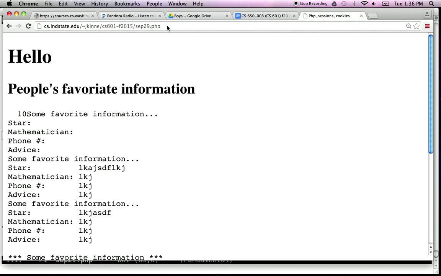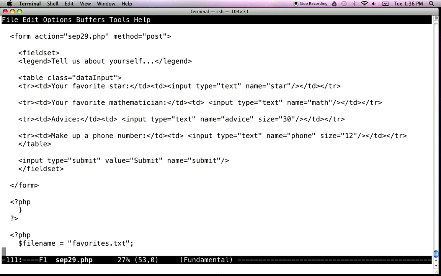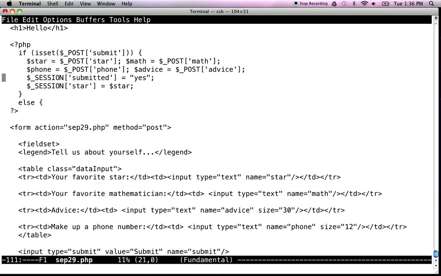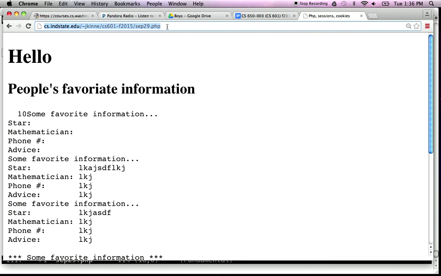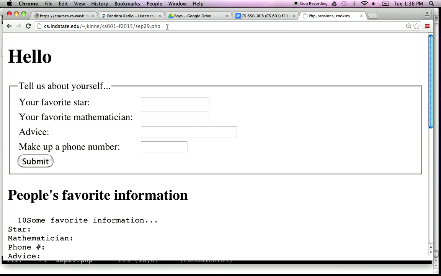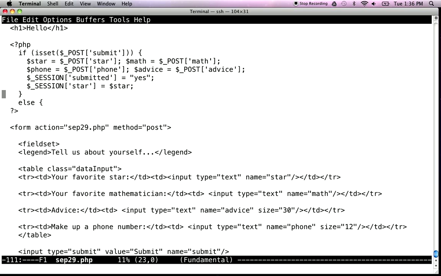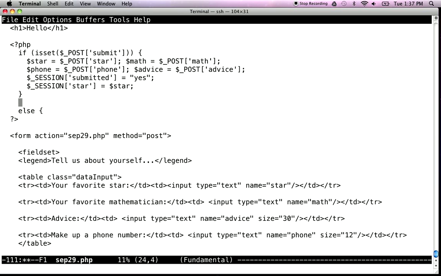So what happens if I hit enter again? Right now, I'm displaying the form. If they just submitted the form, I'm not displaying the form. So if I hit enter, what should happen? It should display the form. Okay, it displays the form. If I want it to display the form only once, like forever, then I would do